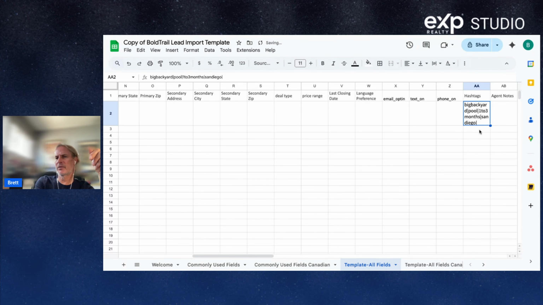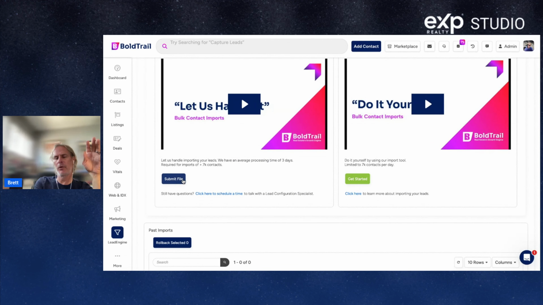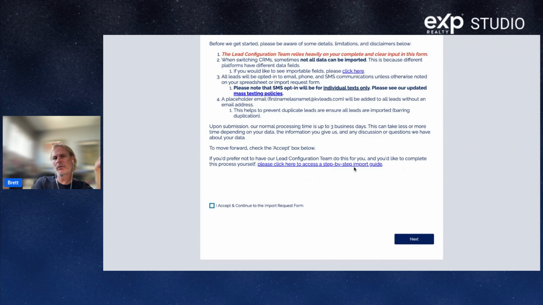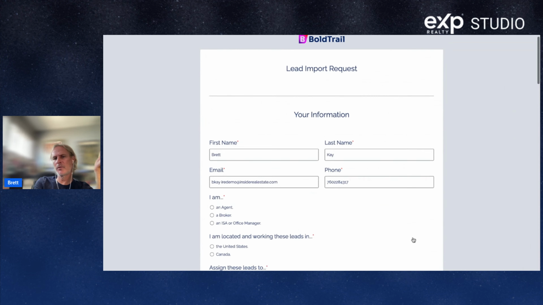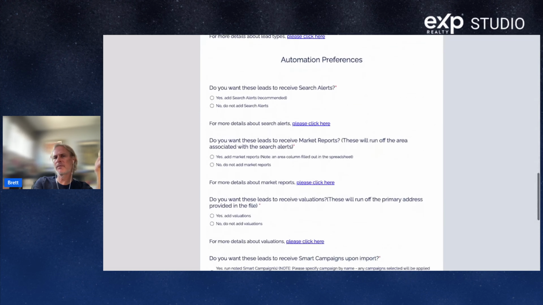So hopefully everyone's getting excited about hashtags, getting your people in here. And you know what else? When you do the import, you have the option. All I did is hit submit file over in lead engine bulk import, submit file, and it pulled up my import request. I read through the fine print. I say I accept. I move to the next page, pulls my contact info, and at the conclusion of this form,